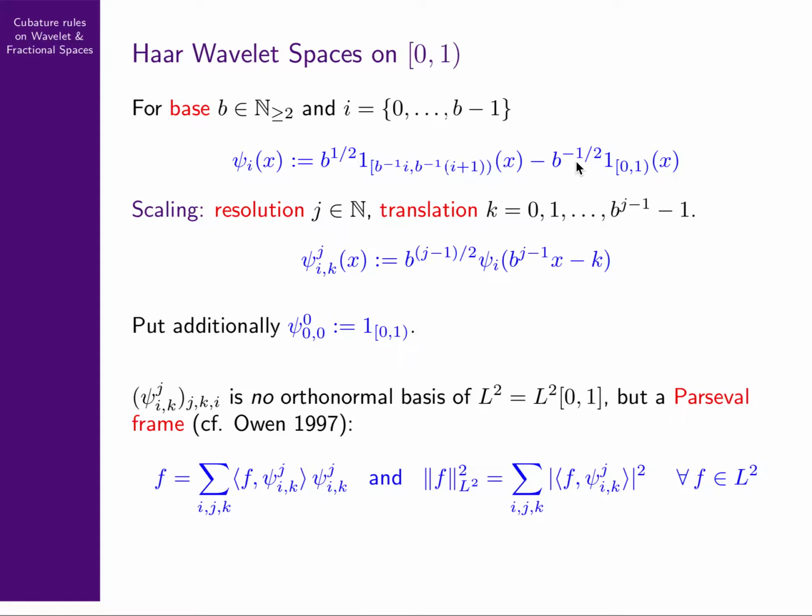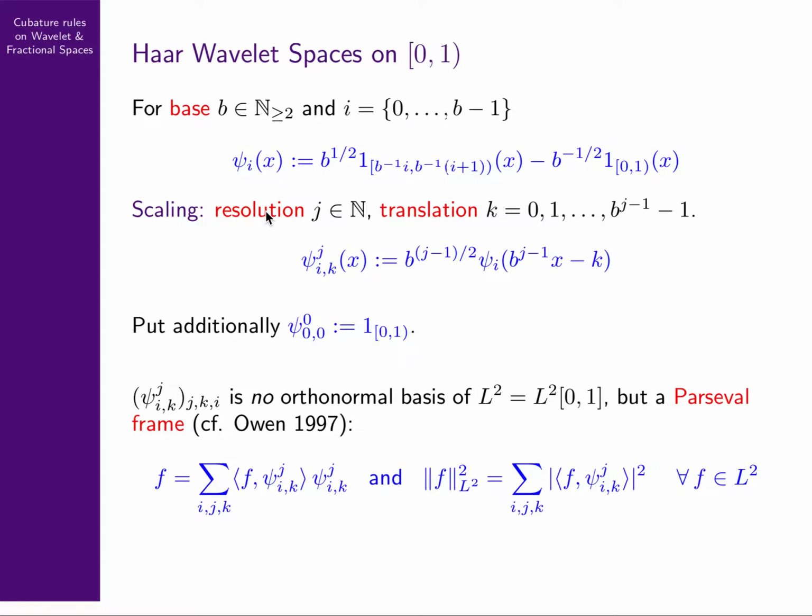So let's start with the part on Haar wavelet spaces. More precisely, we start by considering Haar wavelet spaces of univariate functions defined on the unit interval. We fix a base b and consider b basic Haar wavelets psi over the unit interval, given by the following expression. We subdivide the unit interval into b subintervals of length 1 over b. Then the basic Haar wavelet psi_i is given by the characteristic function of the ith subinterval of length 1 over b, times the square root of b,